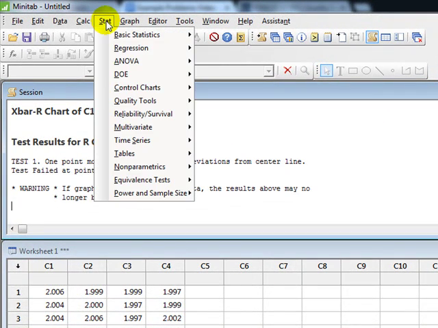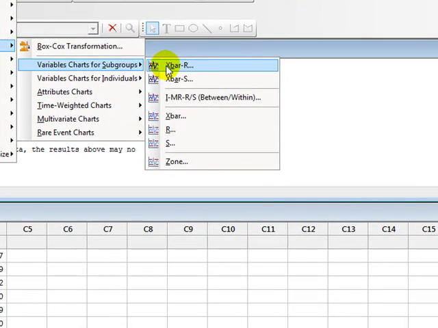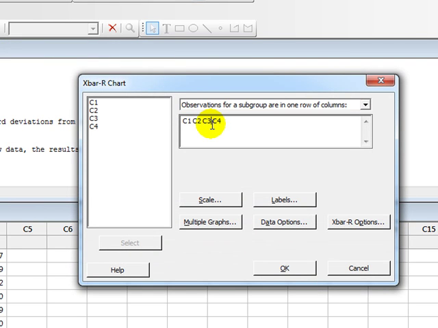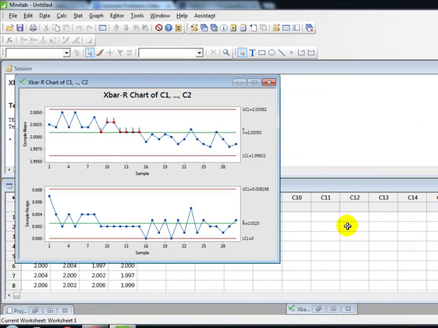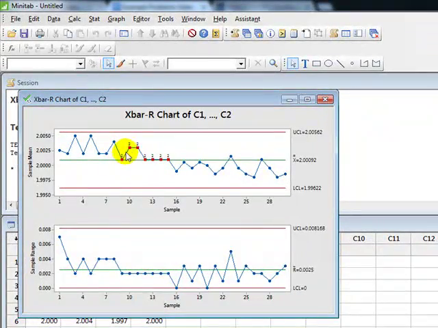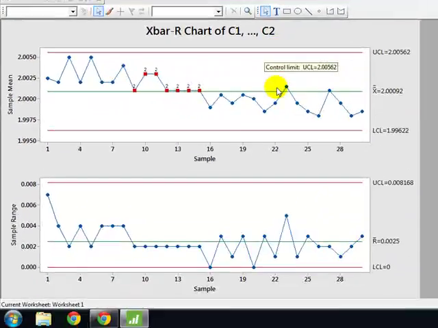So I'm going to again click on Stat, Control Charts, Variable Charts for Subgroups, Xbar and R chart. The only difference this time will be I will deselect C4 and C3. Only the first 2 columns are important because we are doing it only for Jane. Everything else looks fine. Then I click OK, and that's the result I get. There are obviously some tests that have failed in this region, so the process is not within control, but let's not worry about that. Let's copy this graph,